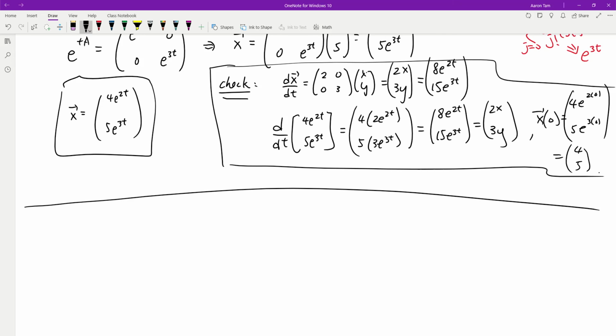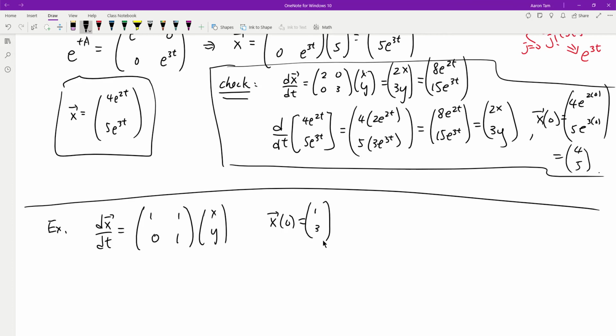Okay, so let's see if we can figure this one out. So here's our next example. What if d vector x over dt is equal to 1, 1, 0, 1 times x, y? And let's say we have an initial condition, x of 0 equal to 1, 3. So let's say we'll solve using